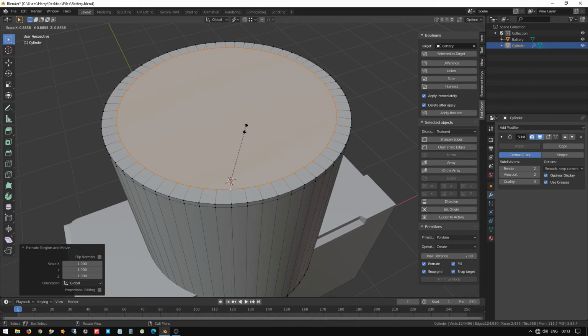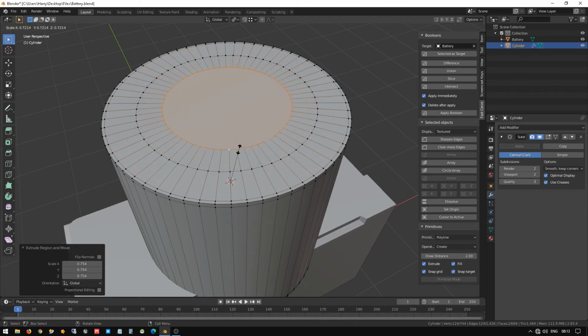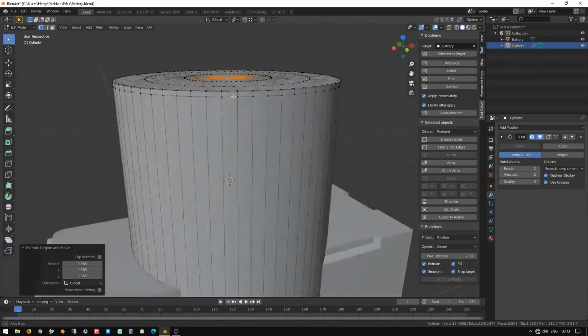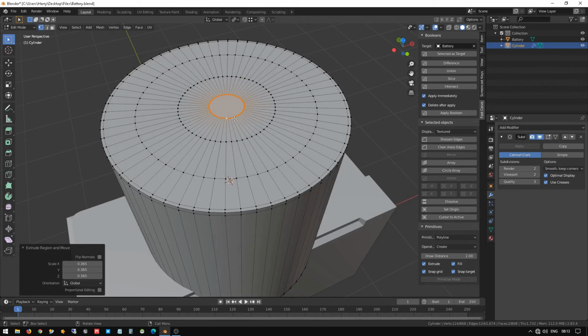So I just confirm the same. Let me make this one a little bit smaller so it looks nice. And extrude and scale again to move forward, extrude and scale again to move forward, extrude and scale again to move forward. Now you can see, so we have to create a single pivot point for this. Press M on the keyboard and merge at center. Oh sorry, it's merging at center to the particular thing.